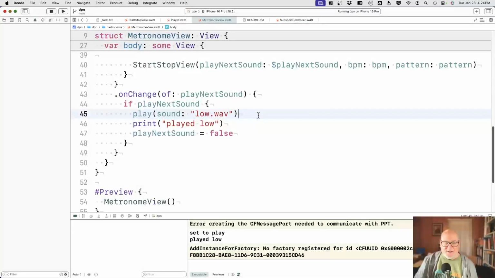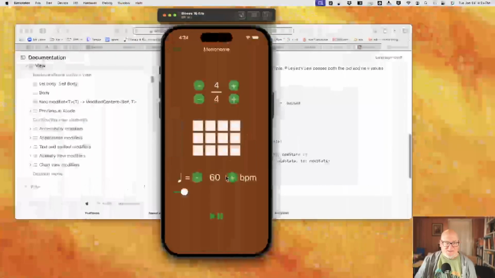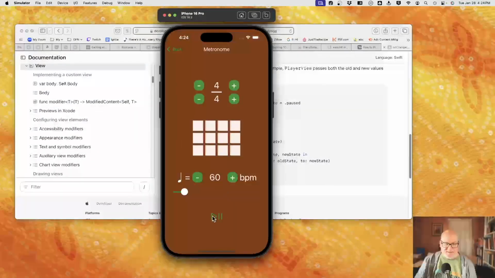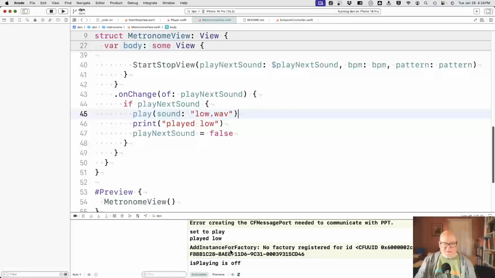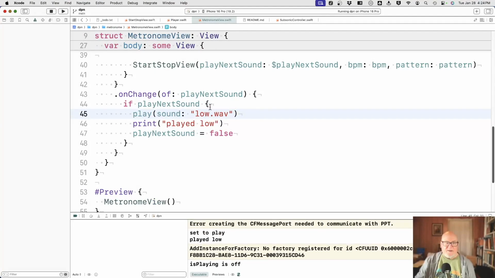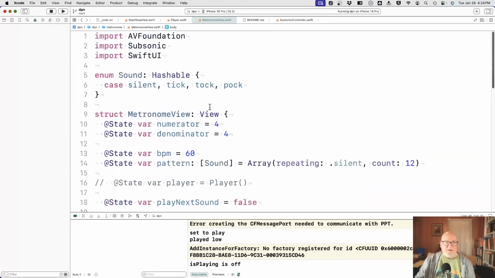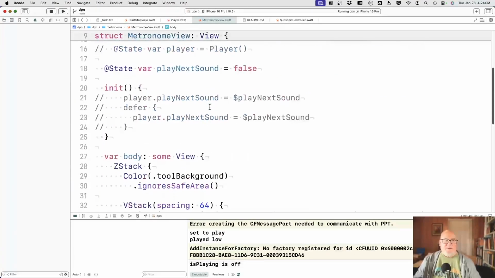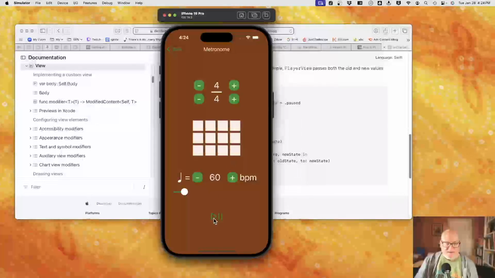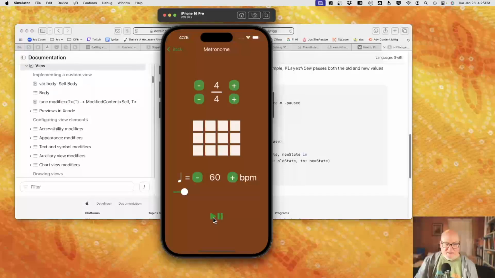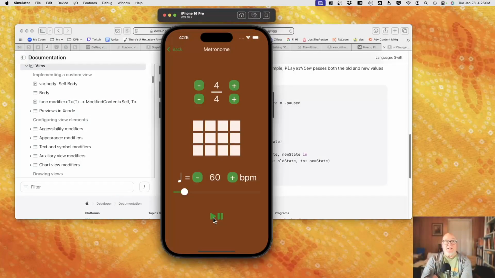Why? I don't know. But he should do it again, right? His playing is off. Okay, something's funny. Oh, is playing off should be resetting something